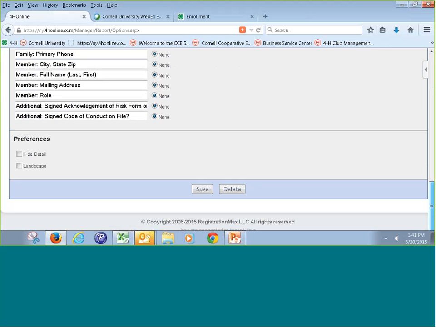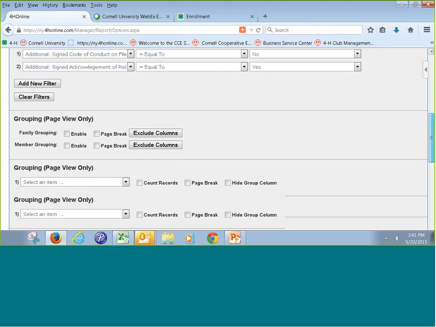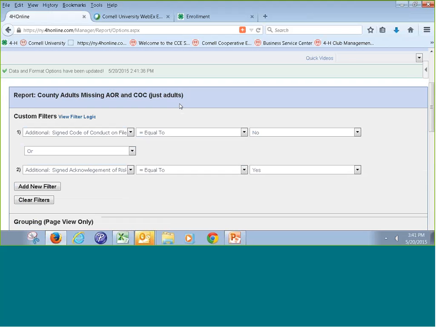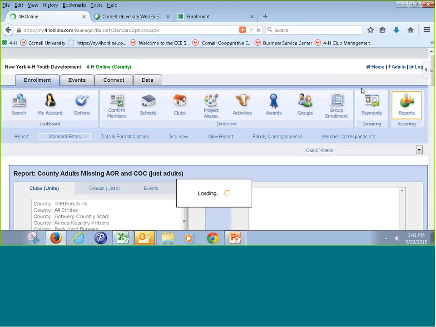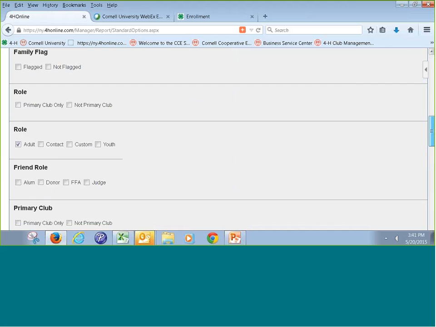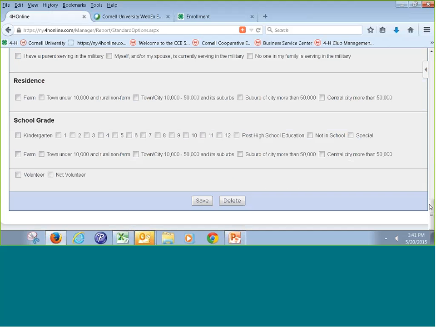And I can save that report. It's now mine, and I can run it anytime I'd like. I can customize it to add or delete fields, or I can change the filters. If I wanted to make this just youth, I could take out the adult, select youth, save it,